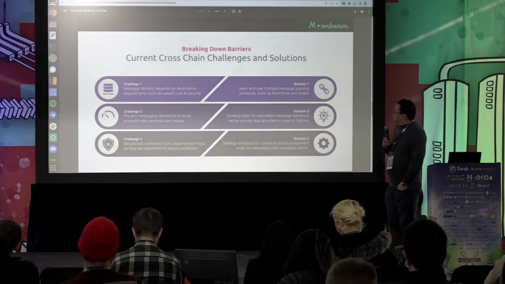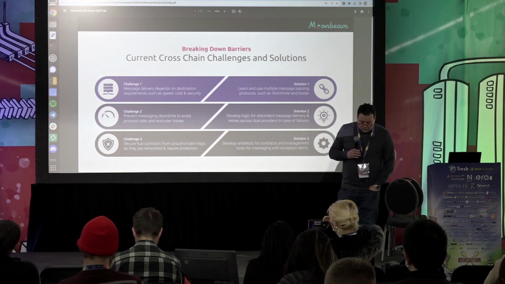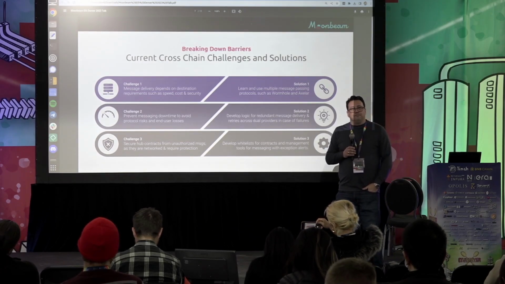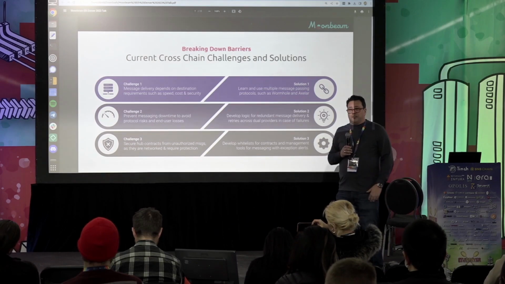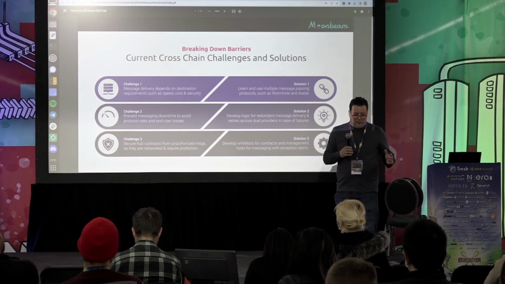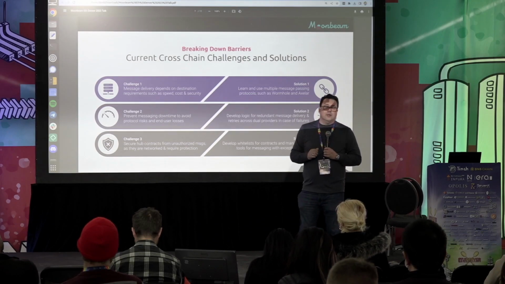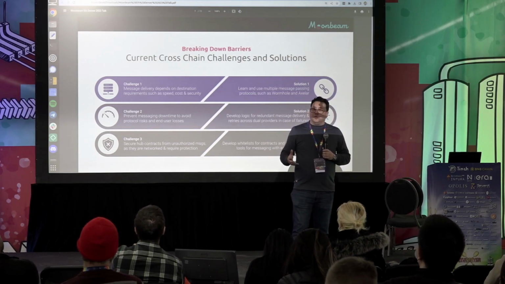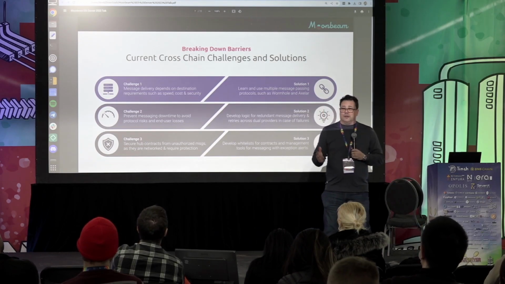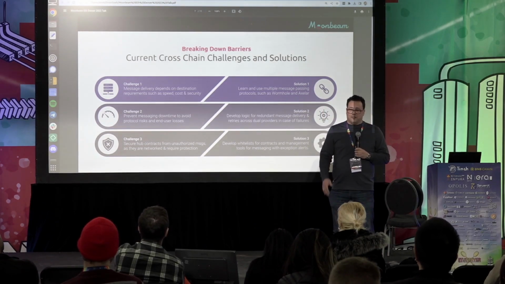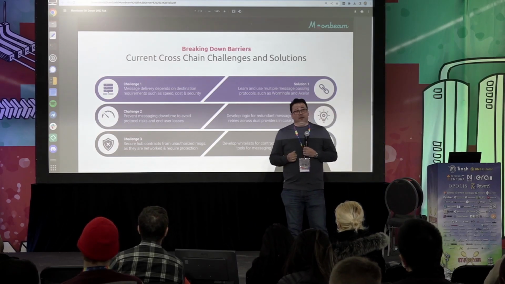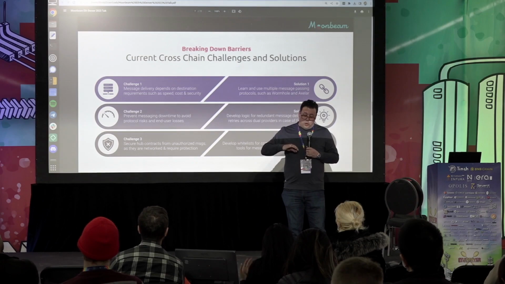So just to talk a little bit about, obviously all these things are great. There's great new capabilities, but there are challenges. This is a new kind of development, right? And most development historically has been centered around one chain. And so now when you're moving into this multi-chain environment, a lot of the dev tools, for example, are not designed to deal with these multi-chain scenarios or messaging systems.